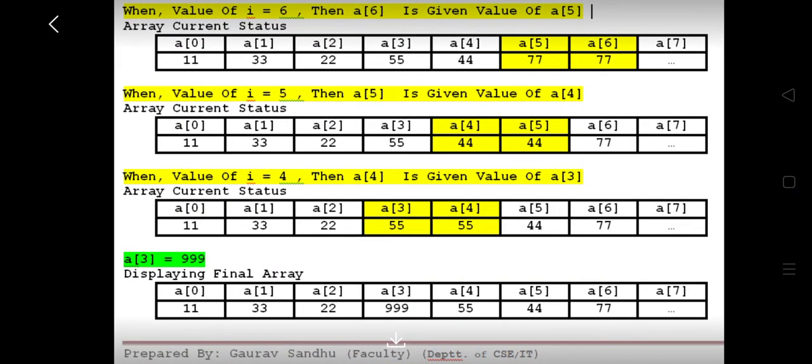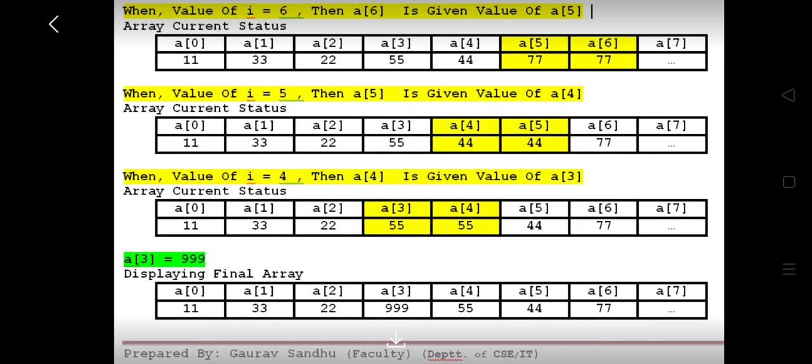Now based on the if condition which we have seen earlier, the loop will start with I is equal to 6. And based on the condition inside the for loop, whatever value is stored at A5 has to be transferred to A6. If you see the first tabular figure on the screen, you can see a highlighted section which says that contents of A5 has to be copied to position A6.